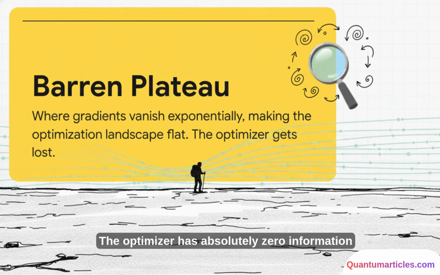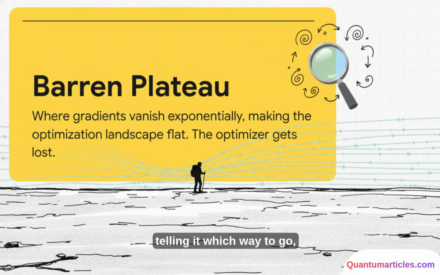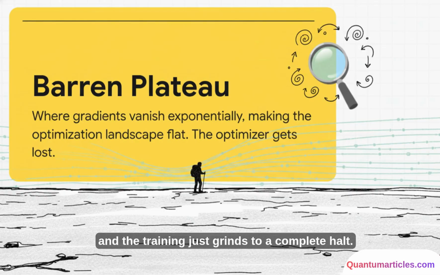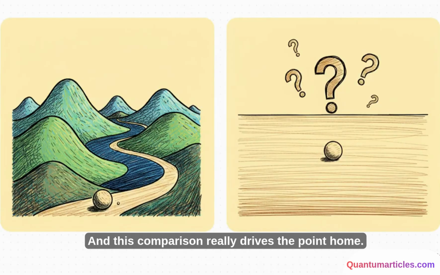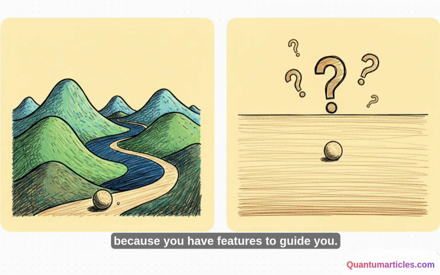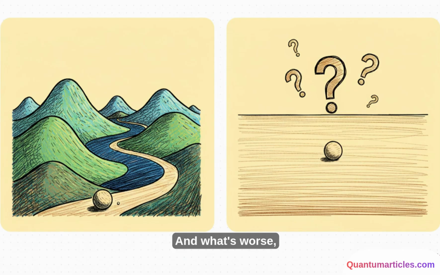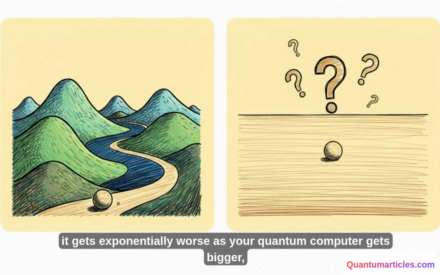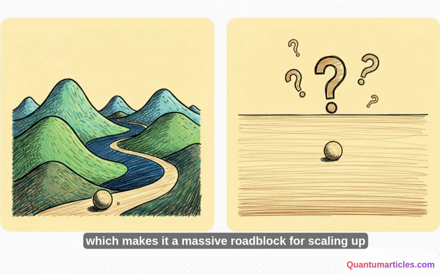The optimizer has absolutely zero information telling it which way to go, and the training just grinds to a complete halt. And this comparison really drives the point home. In a normal landscape, you can optimize because you have features to guide you. But on a barren plateau, it's pretty much impossible. This is a bizarre consequence of the mind-bogglingly vast space of quantum states and all the complex entanglement between the qubits. And what's worse, it gets exponentially worse as your quantum computer gets bigger, which makes it a massive roadblock